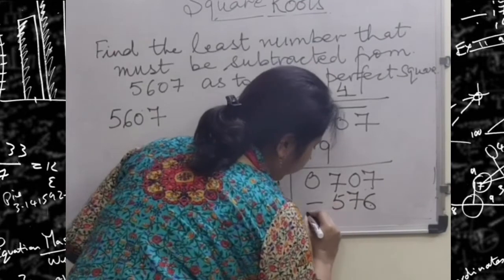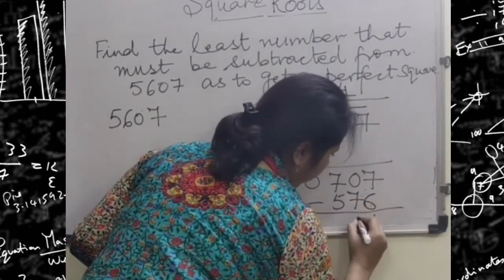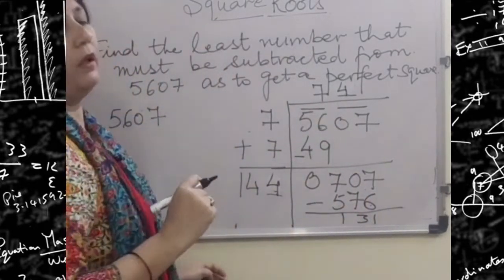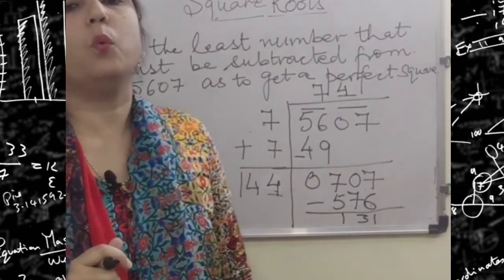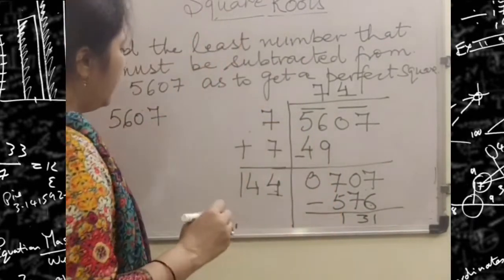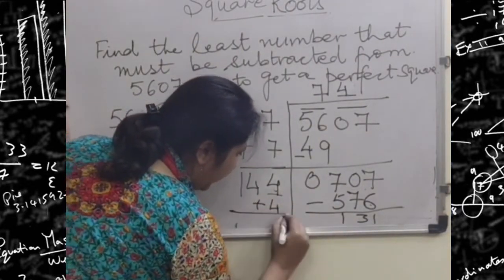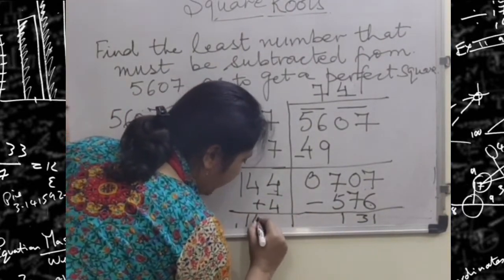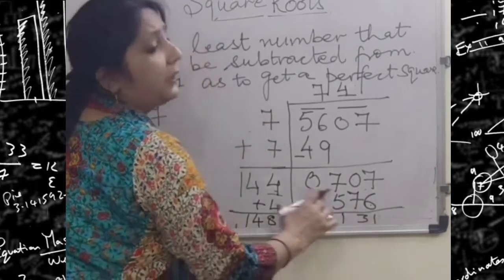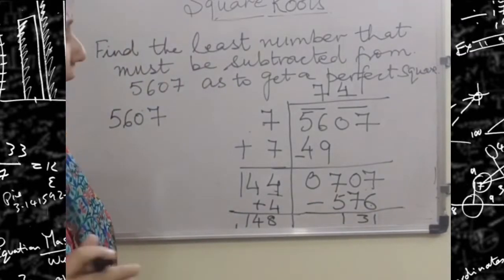and subtract. The remainder is 131. Now, if you add 4 of the quotient over here, it will become 148, which itself is larger than 131. So, we will not go further process and we write